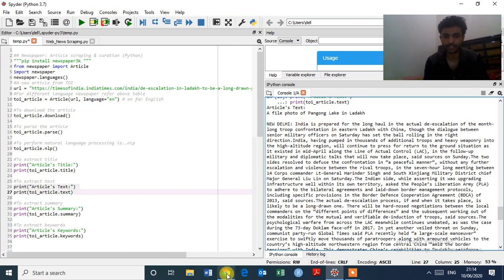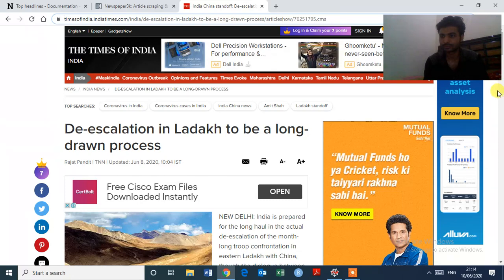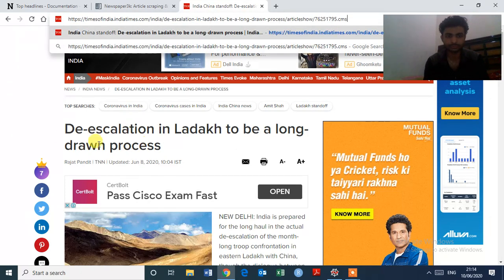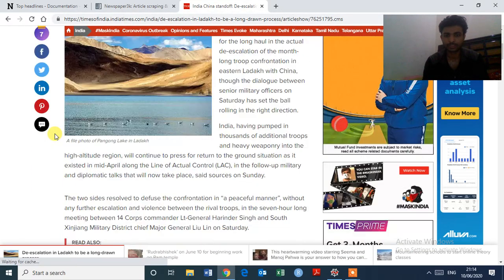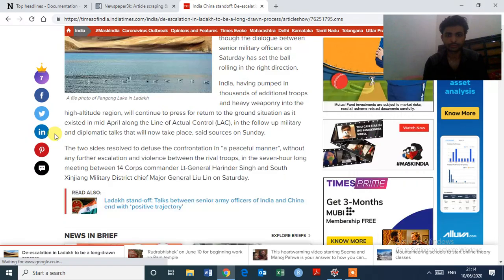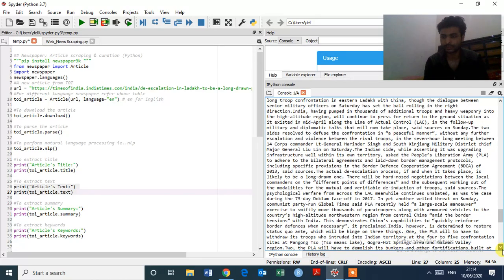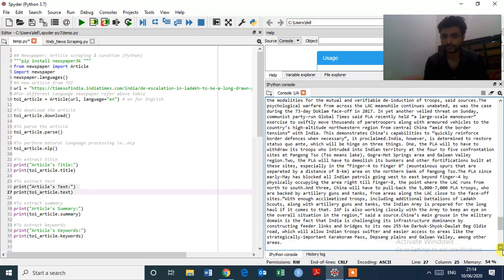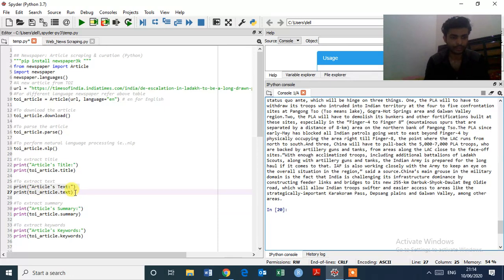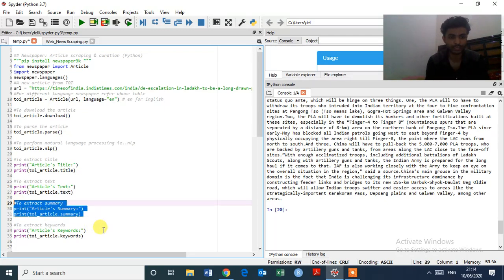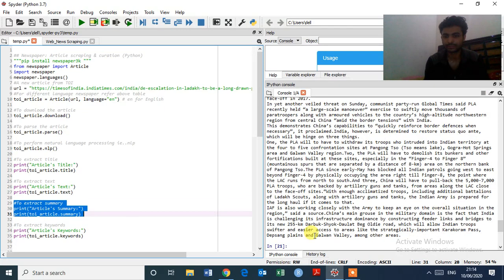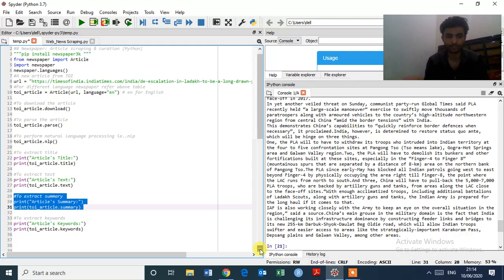Okay, and as we can check all the information here, it's extracted already. If you want to extract the summary, just type TOI_article.summary and enter. Okay, it extracts the whole summary from the Times of India.